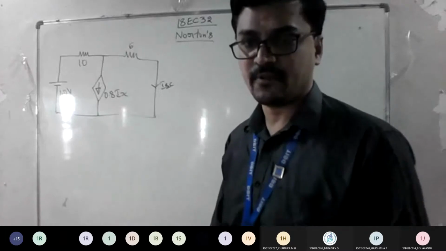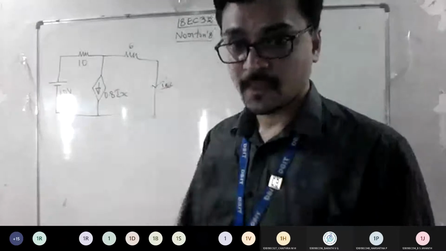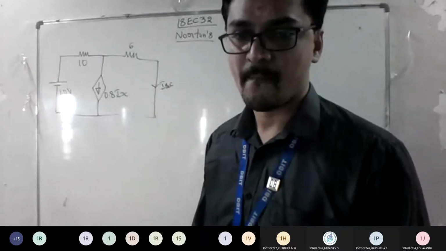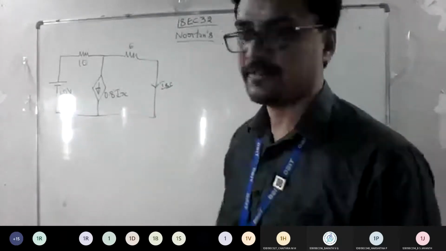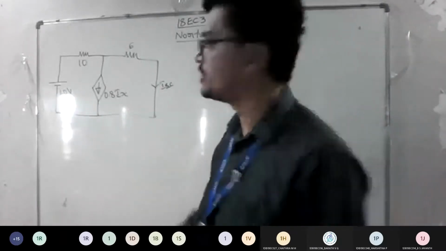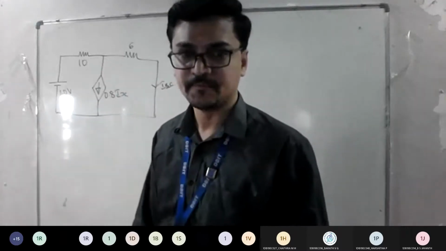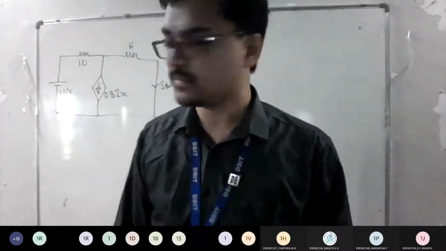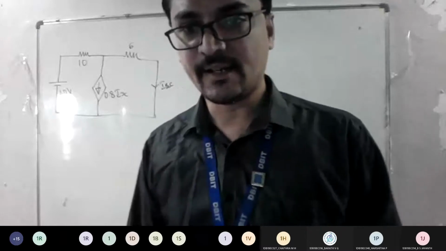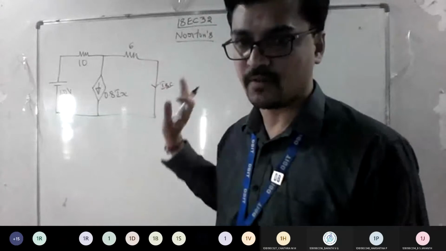Now look at the circuit carefully. It is your super mesh concept. Super mesh is there or not? Yes. So you stick to the procedure. If you want to apply nodal analysis also, you can do it. So how many nodes do you have? Only one node, right? Yes, sir. So you remember whenever you solve Thevenin's and Norton's, you have to consider the entering current equals leaving current concept. If you go with that, you can solve only one node. Or you go with your mesh analysis logic.